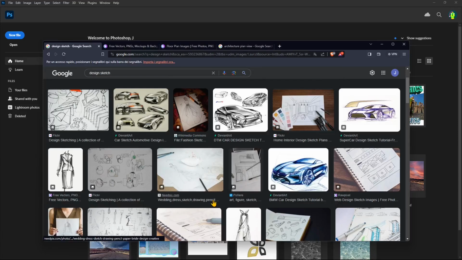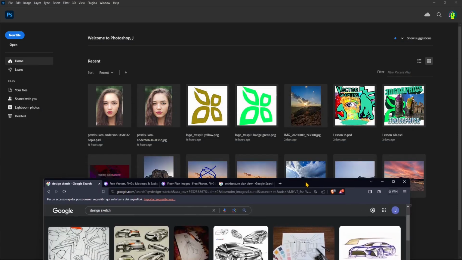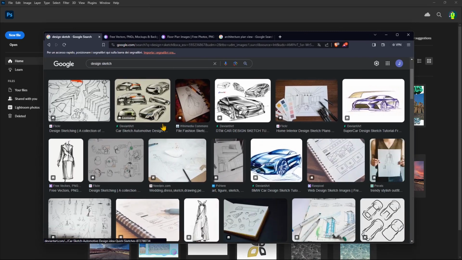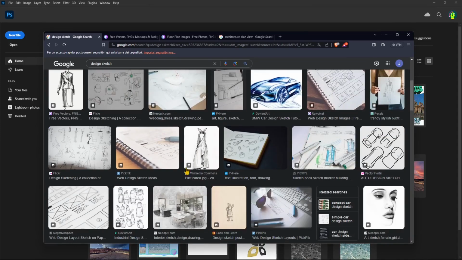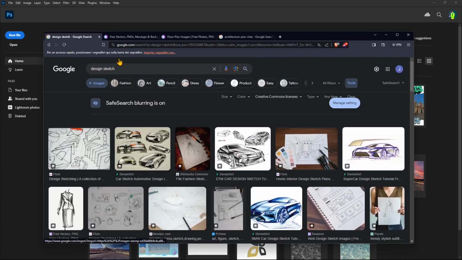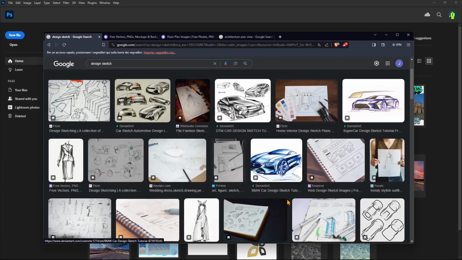In this quick video guide, I want to show you how you can use Photoshop to create better sketches and better drawings, technical drawings or hand-drawn sketches for your project in design or architecture. Now, these are some examples of design sketches, and you can use these for automotive design or apparel design, whatever